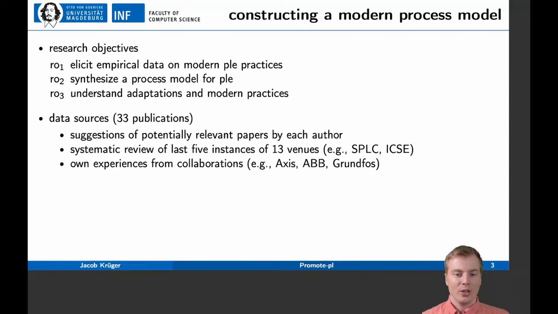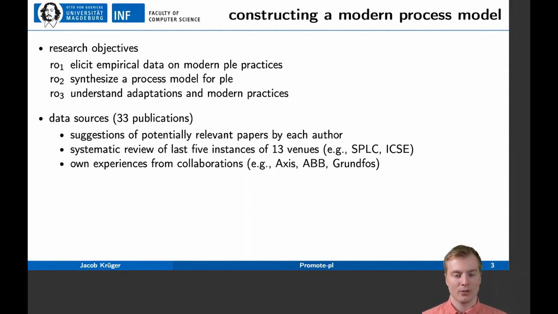So to consider the data we elicited, we basically had 33 different publications as data sources. And to identify those publications, we defined some inclusion-exclusion criteria, like they should define concrete activities that have been reported in practice in a specific order. However, we also involved those initial process models I just showed, and for that we used 5 publications that are rather old. Otherwise, we focused on publications that have been published in the last 5 years,